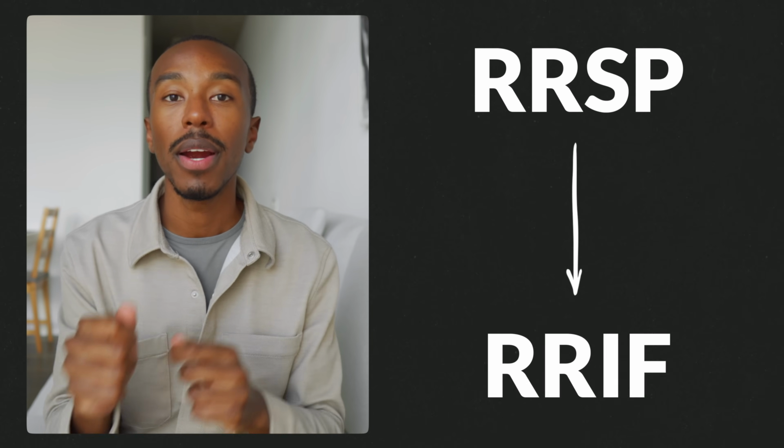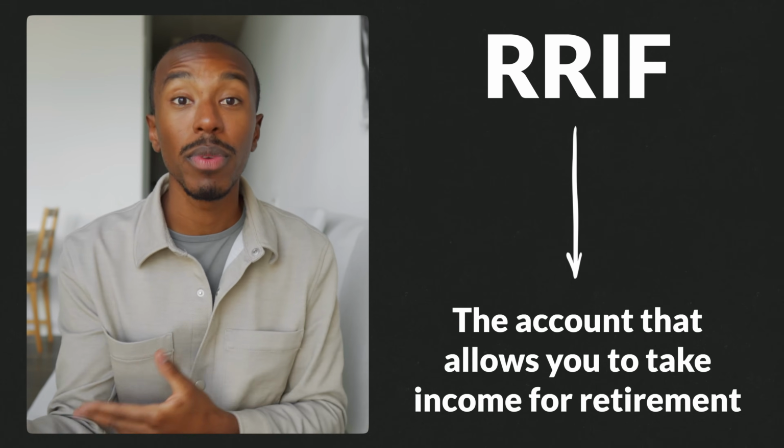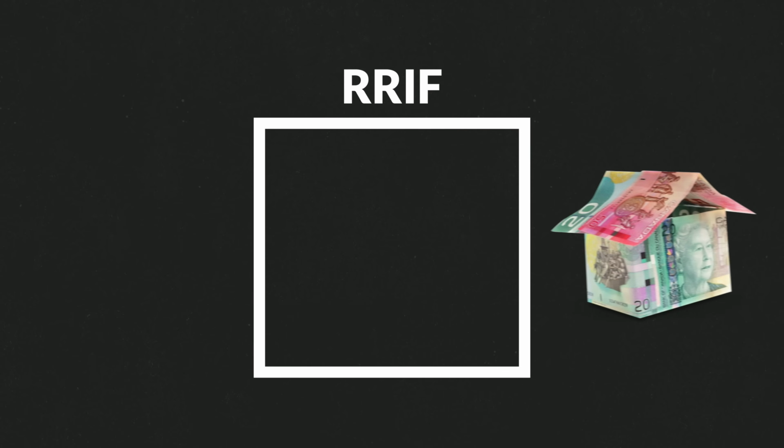The RRIF is basically an extension of the RRSP. Once you reach a certain age, so 71, you have to convert your RRSP into an RRIF. The RRIF is the account that allows you to take income for retirement. Once your RRSP is converted to an RRIF, there's a set minimum amount of money that must be paid to you or drawn from each year. You can't just have your money sit in an RRIF forever. Instead, it's slowly paid out to you in set increments,